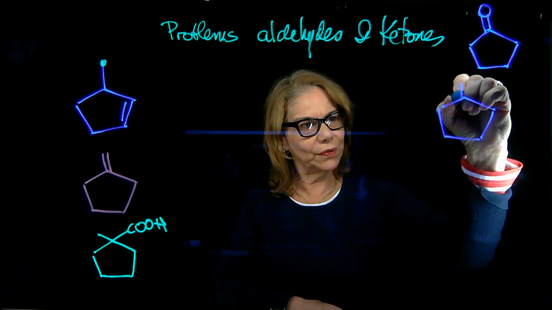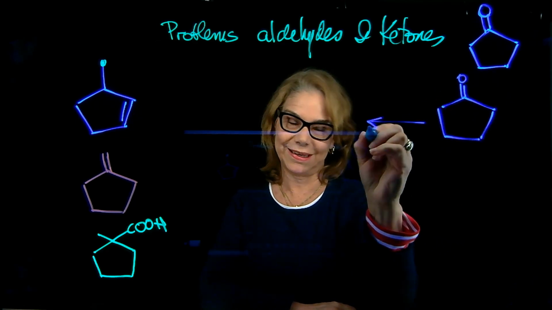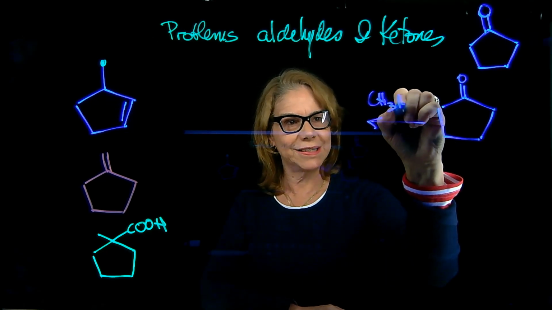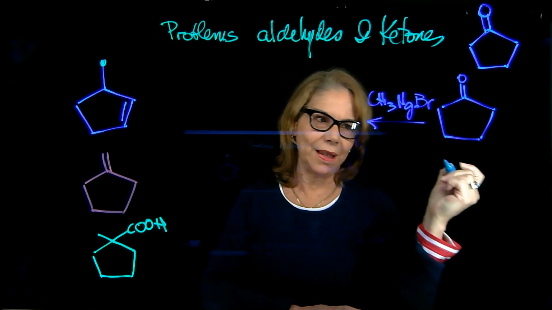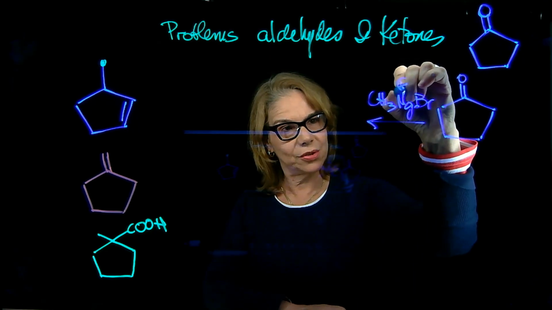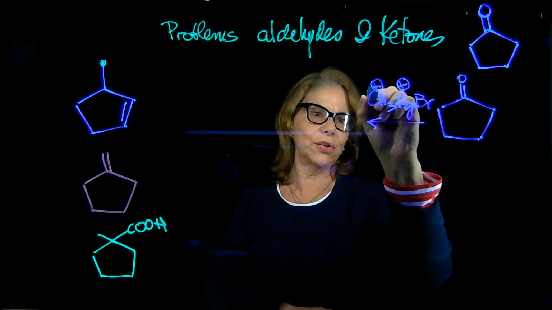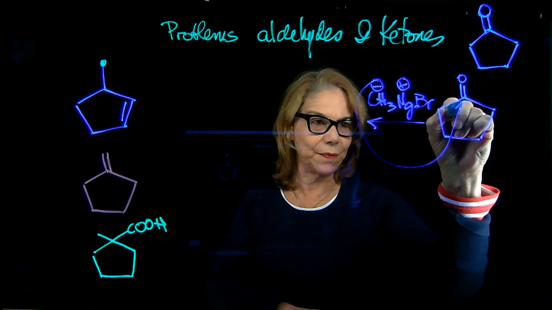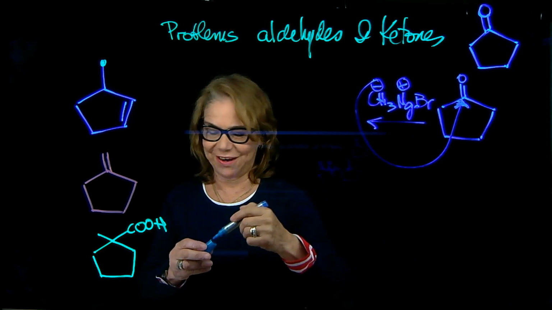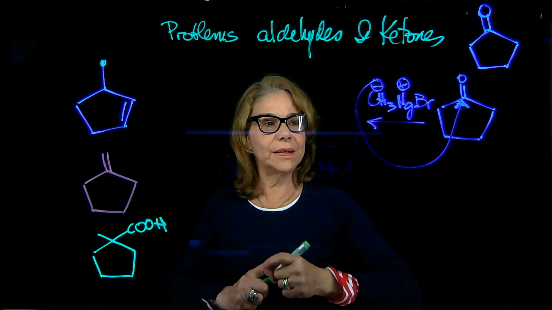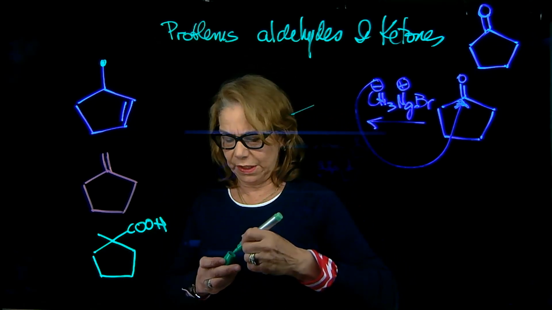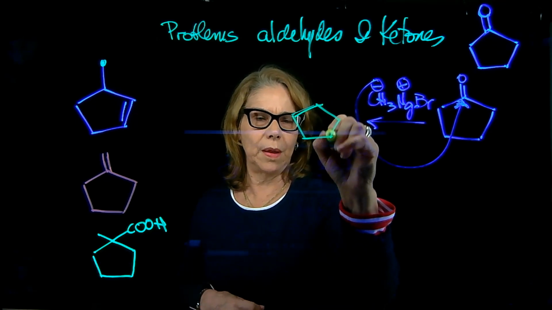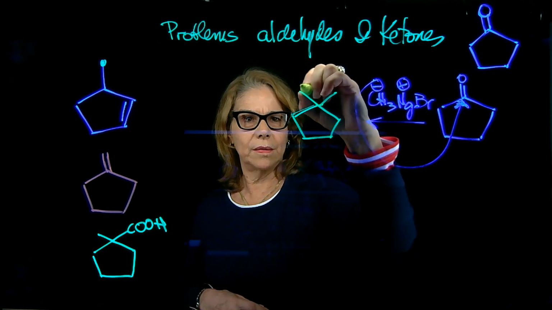I'm going to redraw cyclopentanone. And how do I add one carbon? I'm going to use methyl magnesium bromide, which is your Grignard reagent. So plus negative. Now we have a nucleophilic attack over here. So I just cross that arrow. Now I have added the methyl group that I want, and I also have,